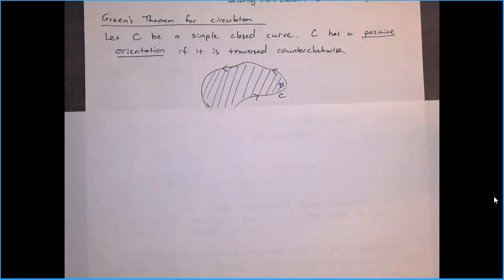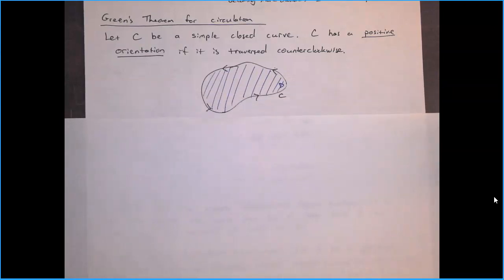Hi everyone. In the last video we talked about curl and divergence. So in this video it's time to get to Green's theorem. There are two different versions of Green's theorem in this section. The first one is Green's theorem for circulation and curl. Before we get to the actual theorem though, let's look at a couple concepts that we're going to need and